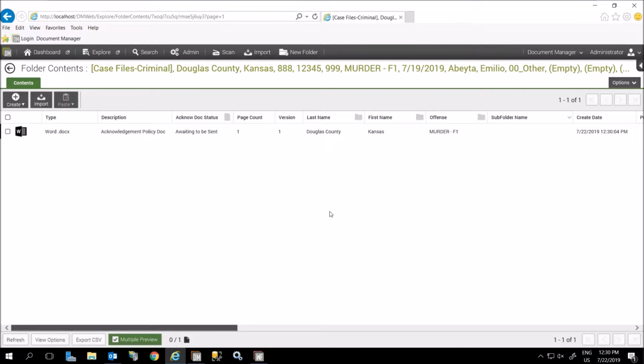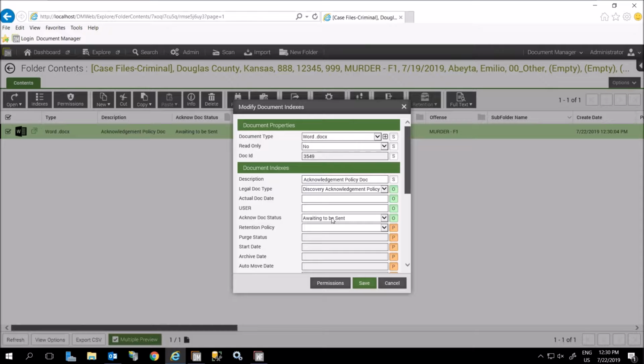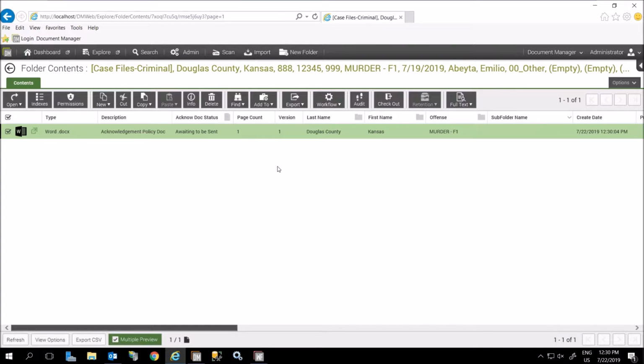So I'm going to save it into this case file, and notice how I have a status associated to this document of awaiting to be sent. This automatically can be applied to that document, and again, this can be updated to whatever verbiage you want as well. So once this document's in the folder, I'm going to click on Workflow, and the step is email this